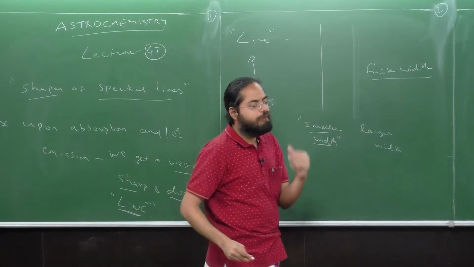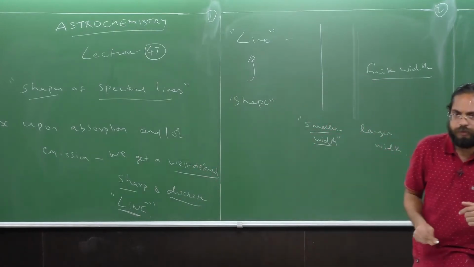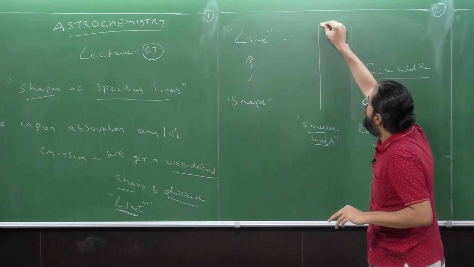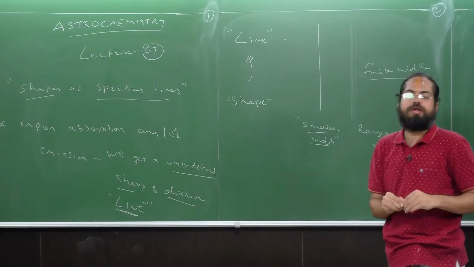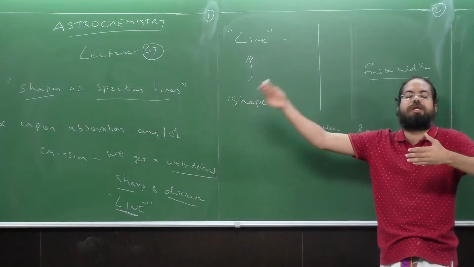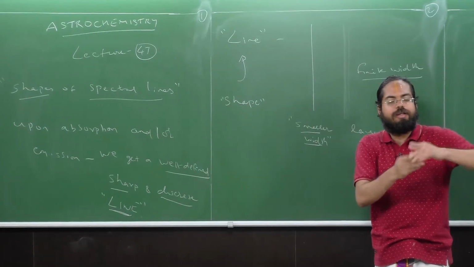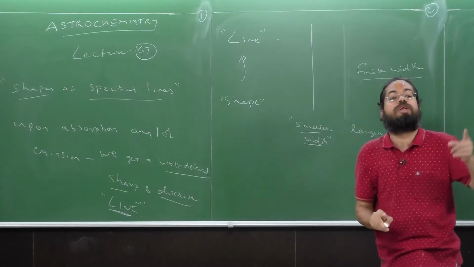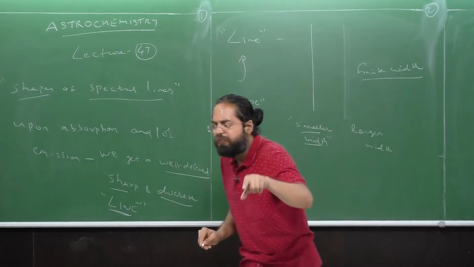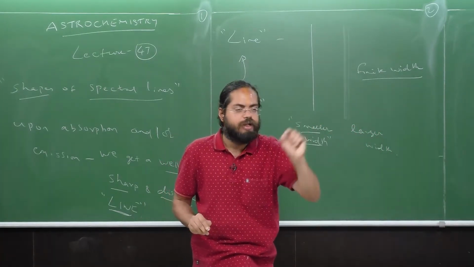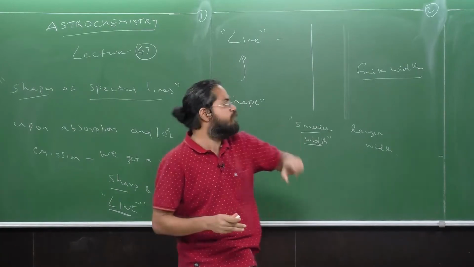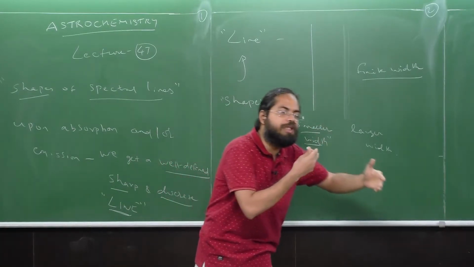Now why should it matter? I'll just give you a hypothetical example. Let us say that two molecules or two atoms have spectral lines very close to each other, and experimentally you record the spectrum and you see that the lines are very close. How do you even know whether they are two different lines or one line having a specific width? If there were very sharp lines with zero width, then you would know that there are indeed two lines and two different molecules. But if one line itself has a finite width, you will not be able to differentiate the molecules.